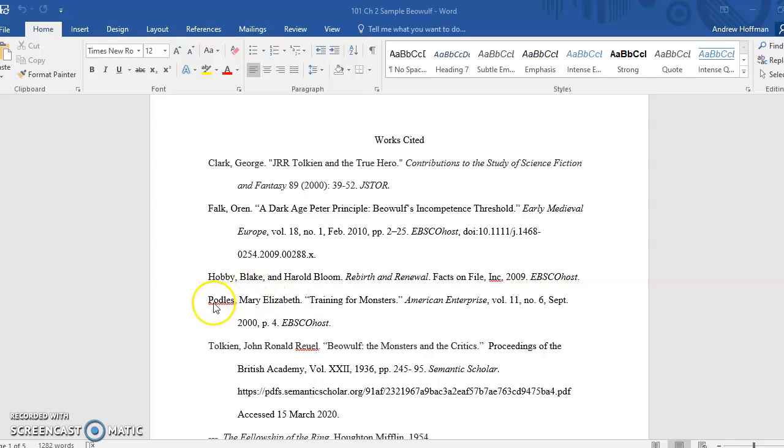Mary Elizabeth Puddles, I don't even know what to say with that last name. Training for Monsters, American Enterprise, again, volume, number, date, page, EBSCOhost. So again, when you have something from EBSCOhost, if you don't have a DOI, don't